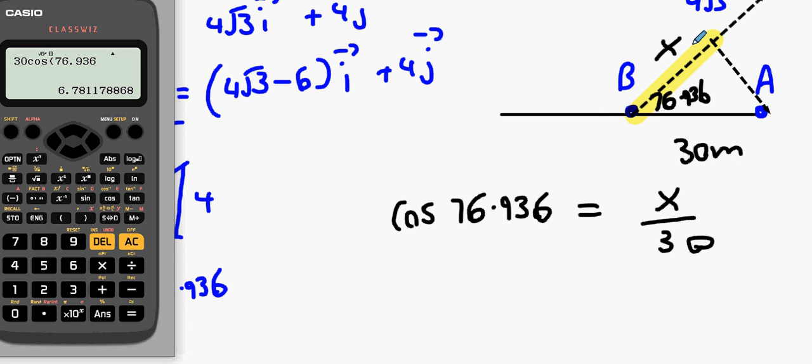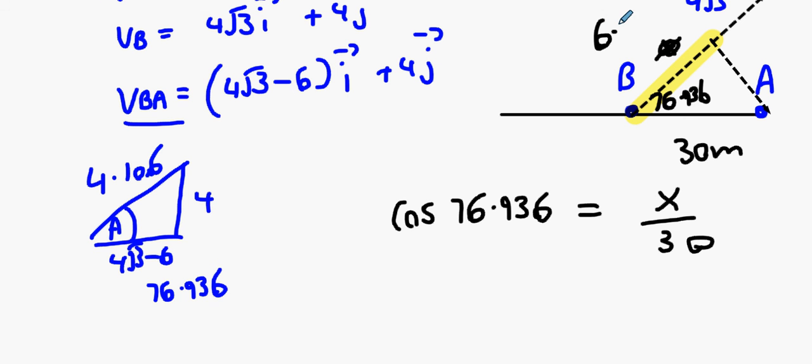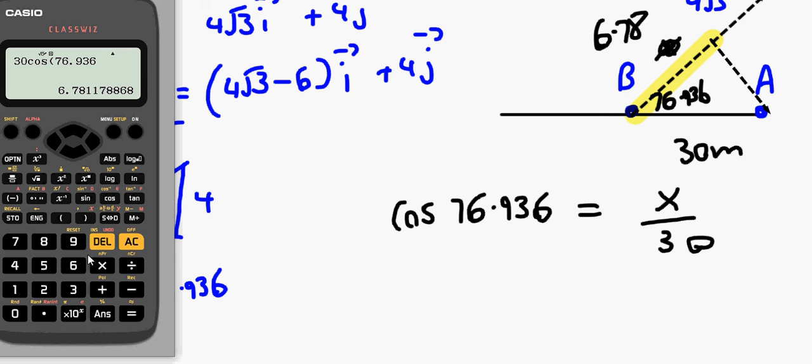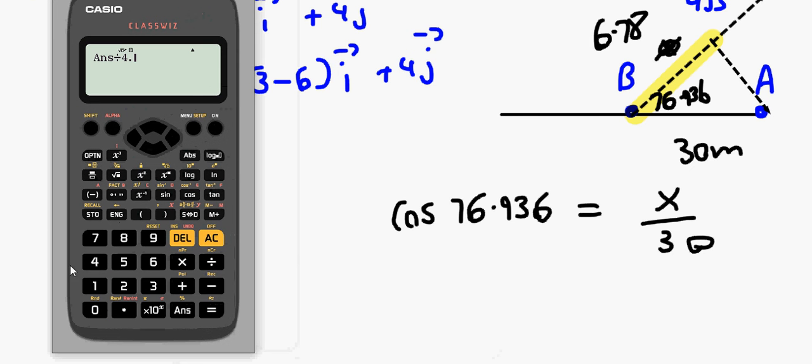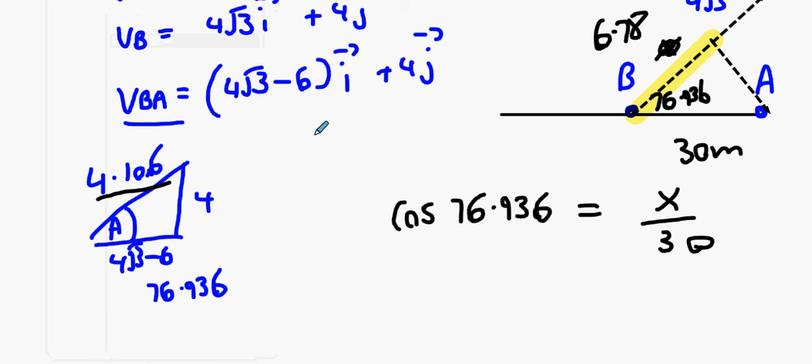That's the distance covered, isn't it? So 6.78 meters is the distance B travelled to get close to A. And then, as Mick says, divided by 4.106 to get the time. So this divided by 4.106, and you get a time of 1 point